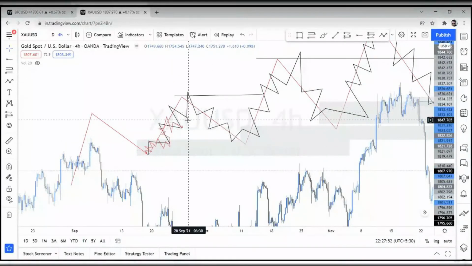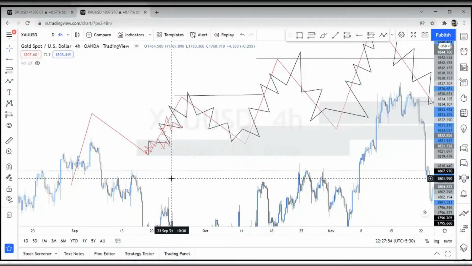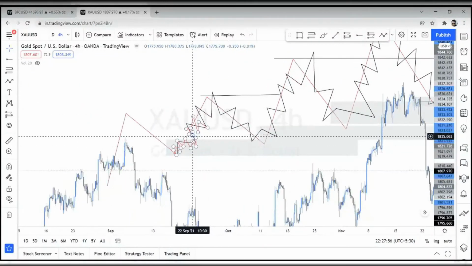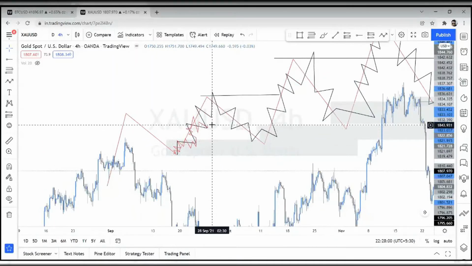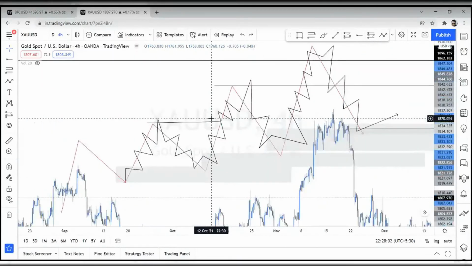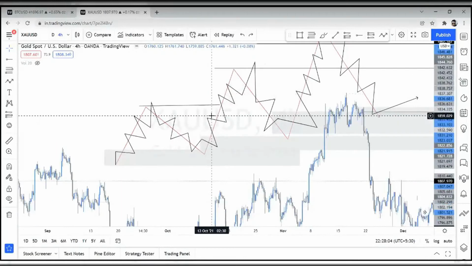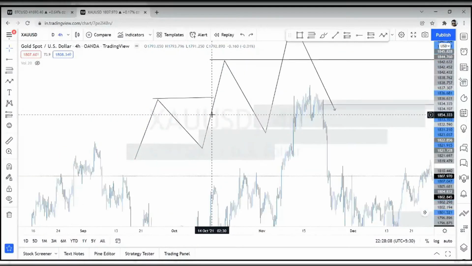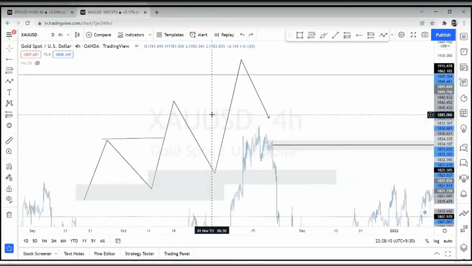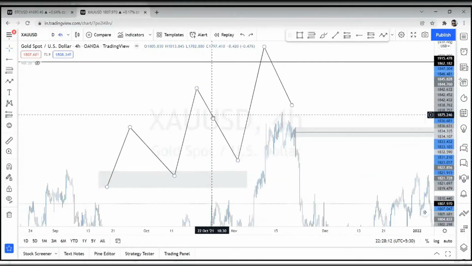Move down to 5 minutes and see those structures. You will see what I'm talking about right here. So it's okay if you don't understand right now. Just know that structure can be a little bit complicated, but structure is the first thing we should understand